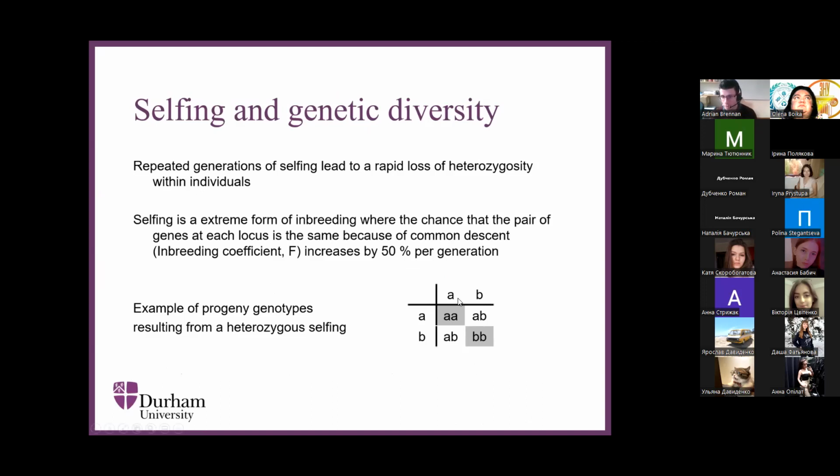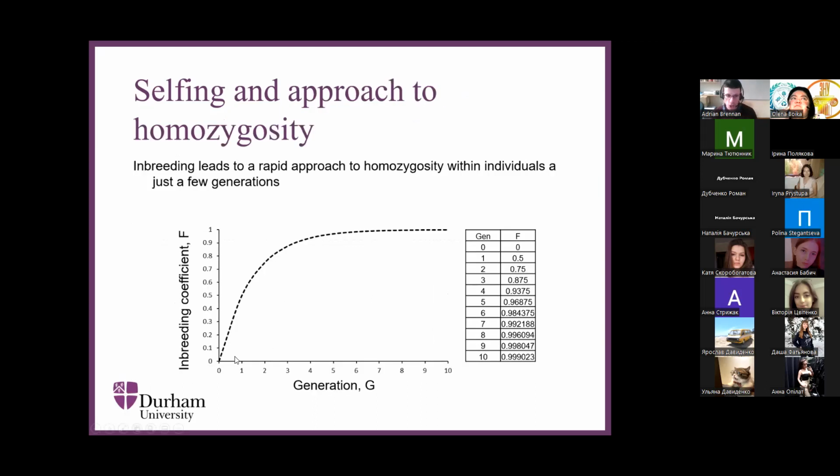So even if you start heterozygous, as you can see in this Punnett square, and your gametes can either be A and B, if you're selfing and these gametes are reuniting at random, half of your offspring will be homozygous. And that happens at a single locus, or when that's happening across your whole genome, you're doubling your homozygosity every generation of selfing. So you rapidly become very highly homozygous.